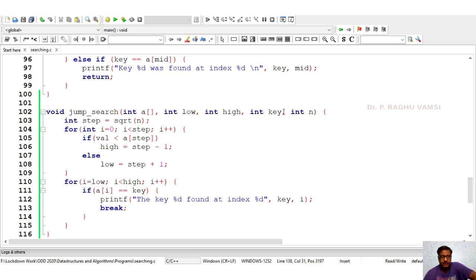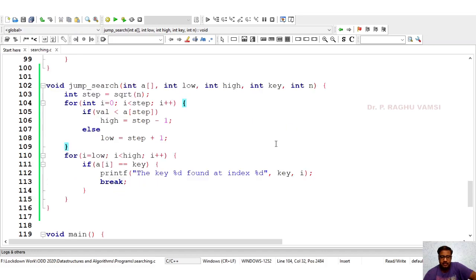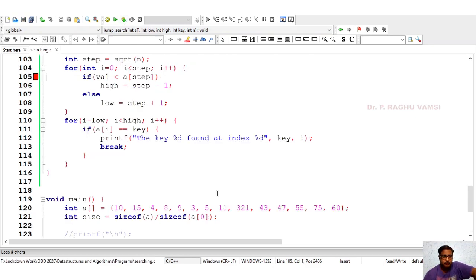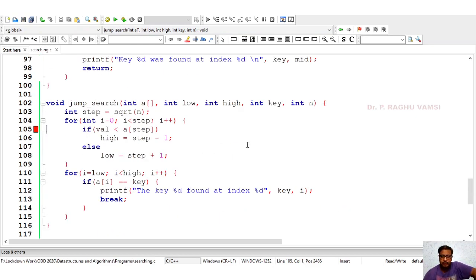And int n is the number of elements. Okay, fine. Now what we do is key comma the number of elements, size. Now we'll run the code and we'll see. Here it is not value, it is key actually.